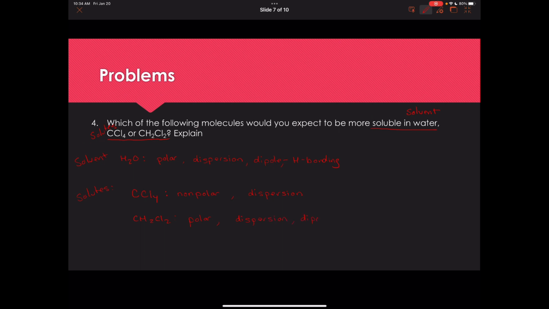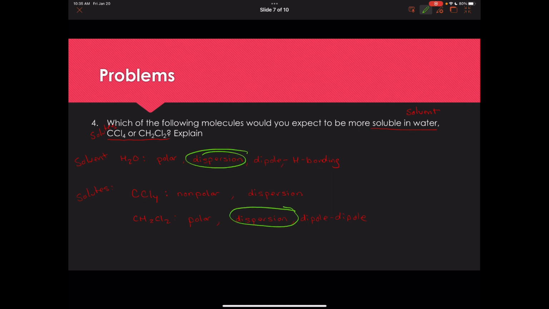We have dipole-dipole. There's only hydrogens bonded to carbon, so there's no hydrogen bonding. So we've got dipole-dipole. So when we're determining which solute is likely to be more soluble in this solvent, and this is a polar solvent, we're going to look for the molecule that has the more common forces, the forces that are more alike. So water being polar has more similar forces